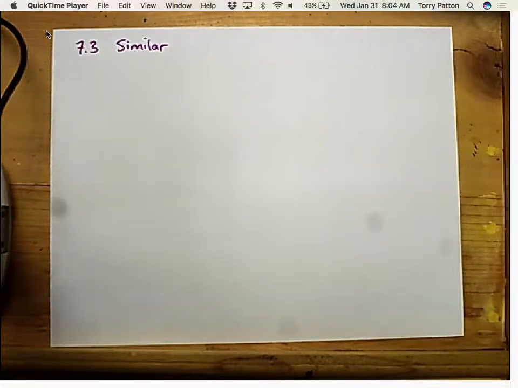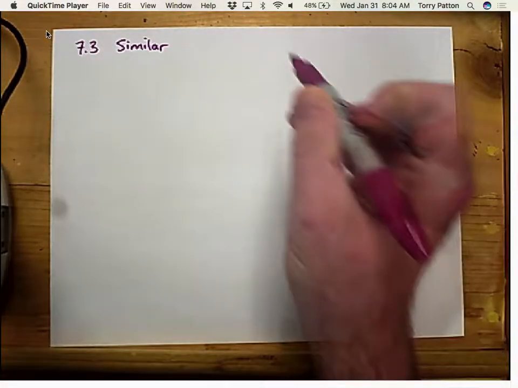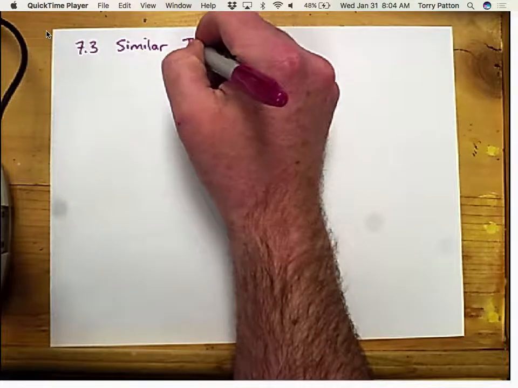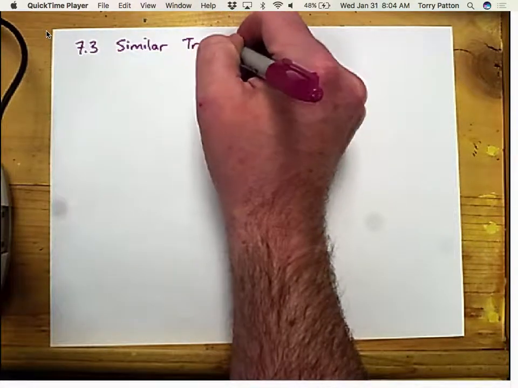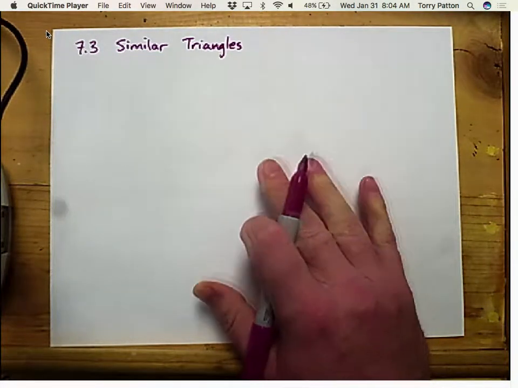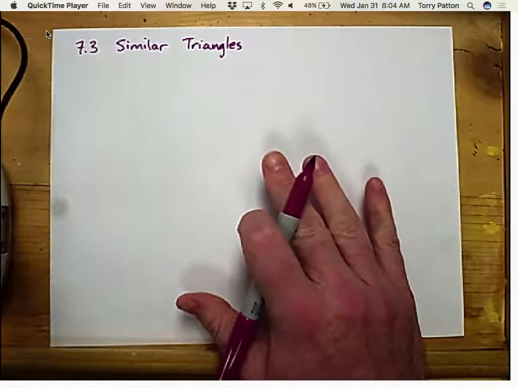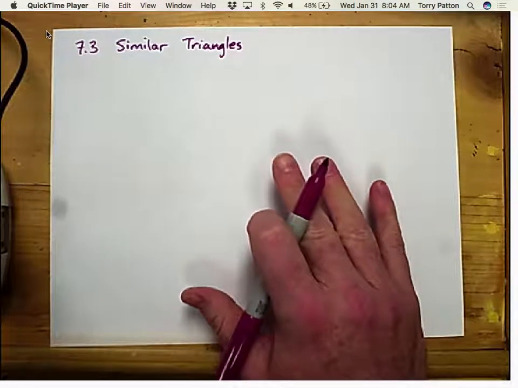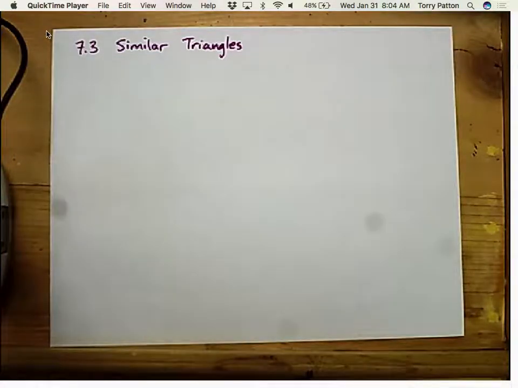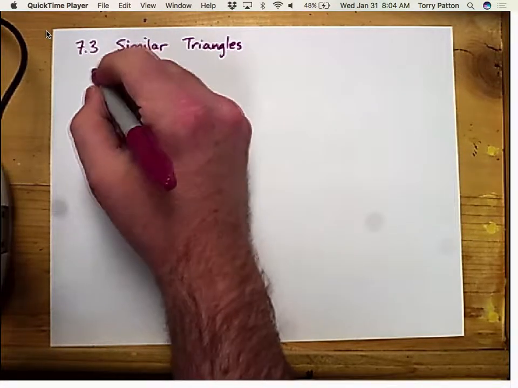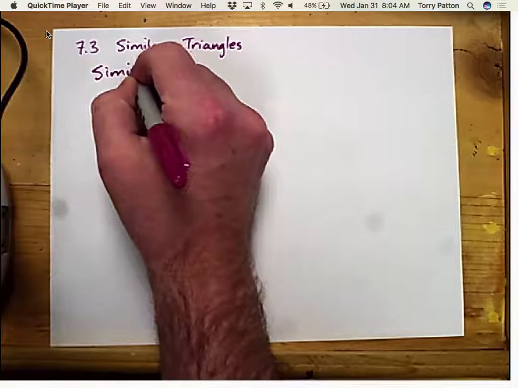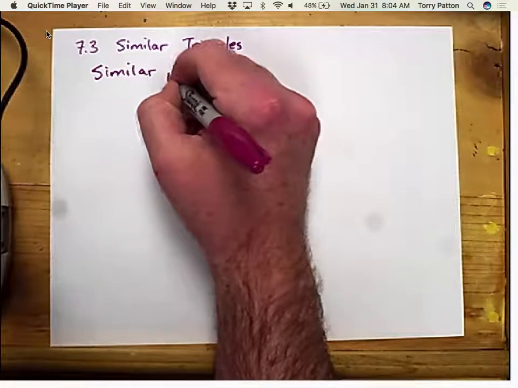All right, we're talking about 7-3 similar triangles. Okay, so if you know the triangles are similar, if I tell you here are two triangles and they're similar. Yesterday you learned two properties of similar polygons. What are they? So similar polygons, which a triangle is a polygon,